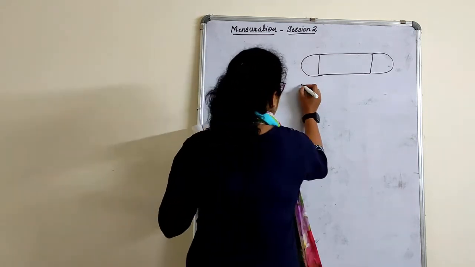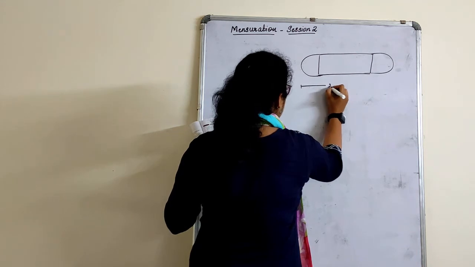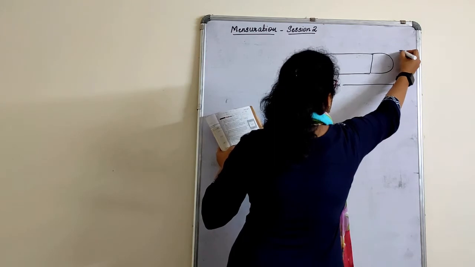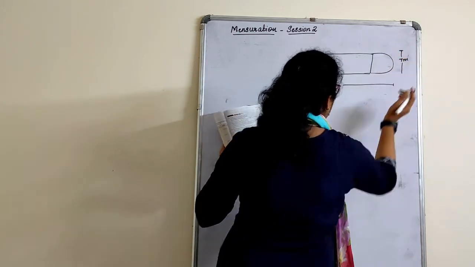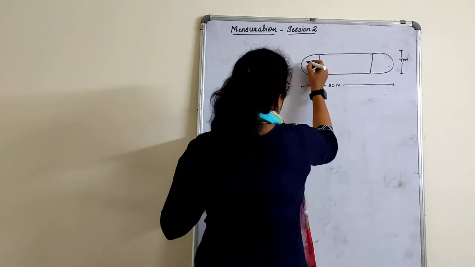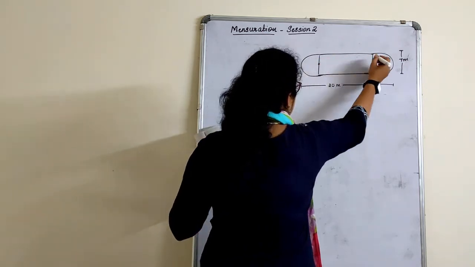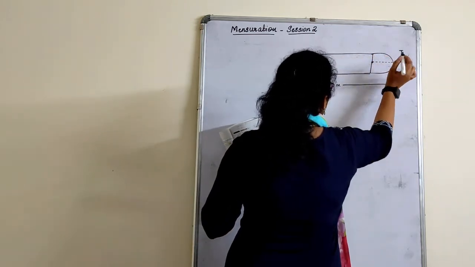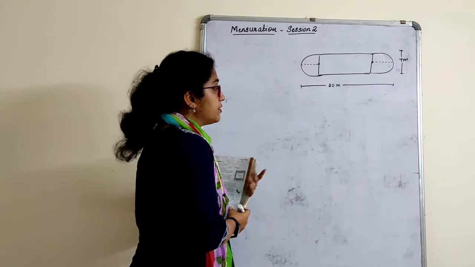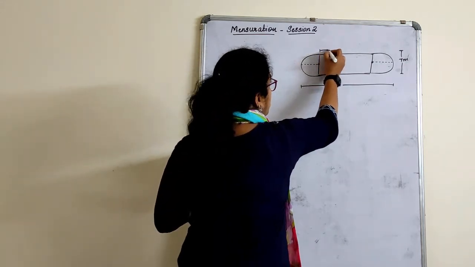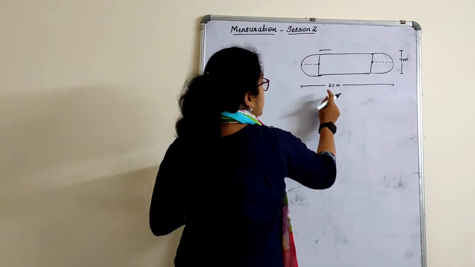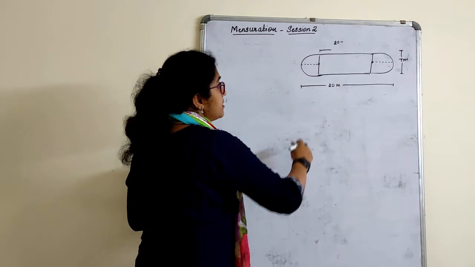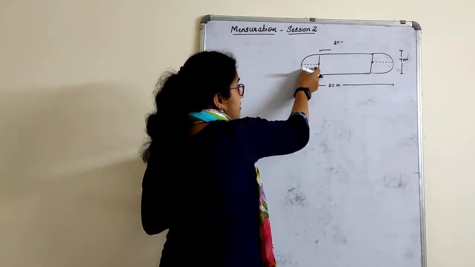So, see here, in total they have given from here, this is 20 meter total, and this side is 7 meter according to the question, right? Now, since it is a semicircle, I'll consider this as the center. That means this became the radius, this became the diameter. I only want this measurement now. How much will this be? So this will be actually 20 minus, I need to cancel this, that is the radius of this.